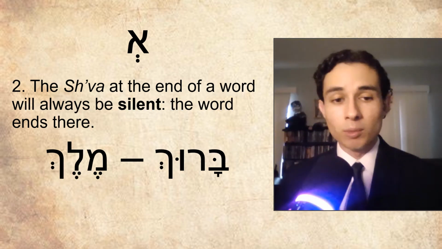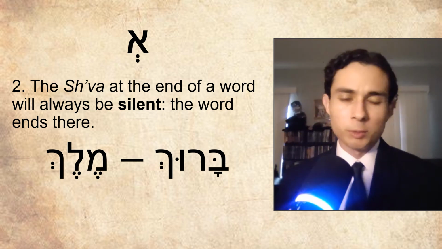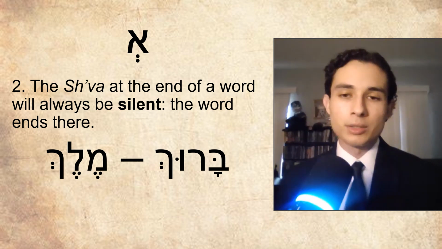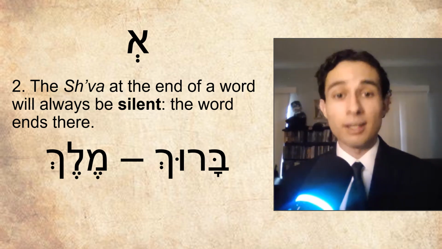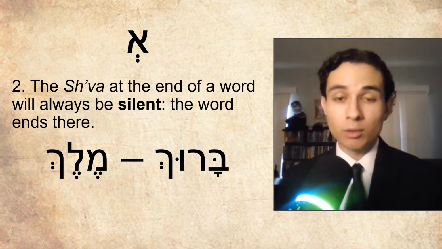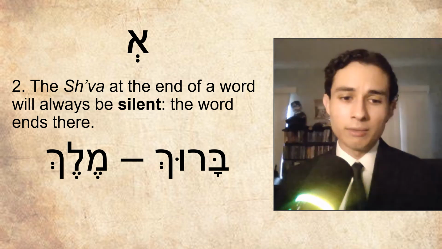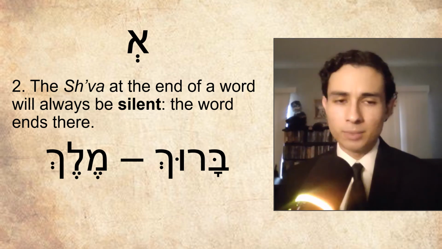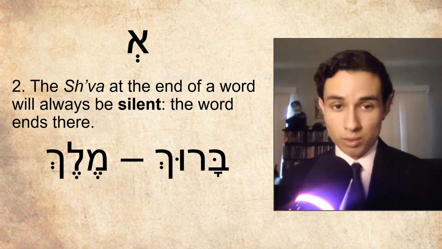The shva at the end of a word will always be silent. The word ends there. While the first rule is specifically shvana, which we now know as the audible shva, here we see the second rule being specifically in reference to the shvanach, meaning anytime it's at the end of a word, it is automatically shvanach, or the silent shva. For these examples, both words have a chaf sofit at the end, as you see, which is typically paired with the shva at the end of a word. So simply put, the chaf sofit in these examples is the final sound in the word.